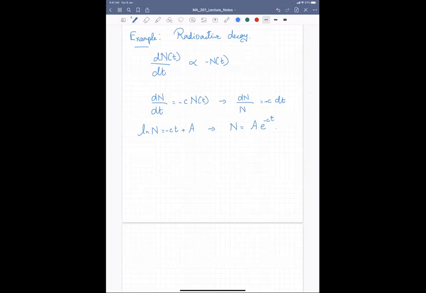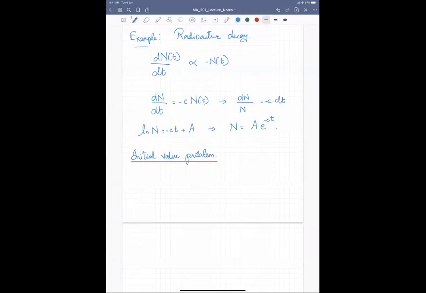So now the question is, how do I fix A? This is an example of what is called an initial value problem. What is an initial value problem? An initial value problem is one in which you are given some kind of a constraint your solution has to follow. Right now, my solution is valid for any A. I can fix A to be 250 billion and it's still okay. But in a real physical system, there has to be some constraint.